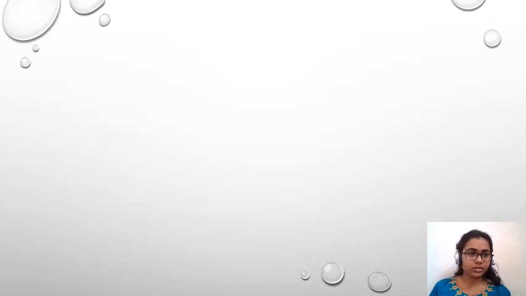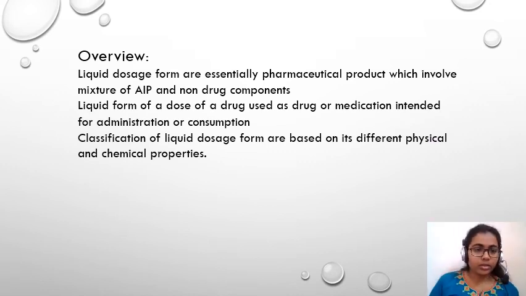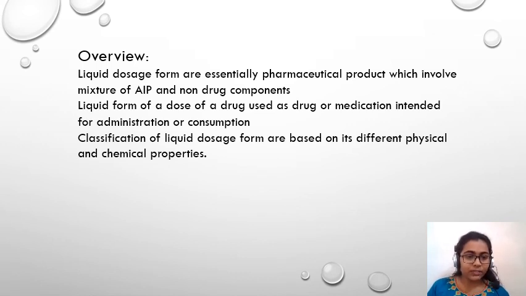Then the next slide is overview and reference. The overview is: liquid dosage forms are essentially pharmaceutical products which involve two types. First is API and non-drug component. API means active pharmaceutical ingredient. Second point is liquid dosage form is a dose of drug used in medication intended for administration or consumption. The third point is classification of liquid dosage forms is based on two different points. The first is physical and chemical properties. Then reference is